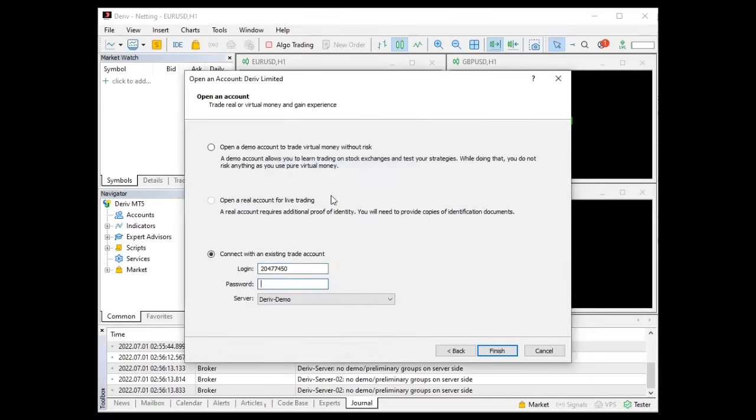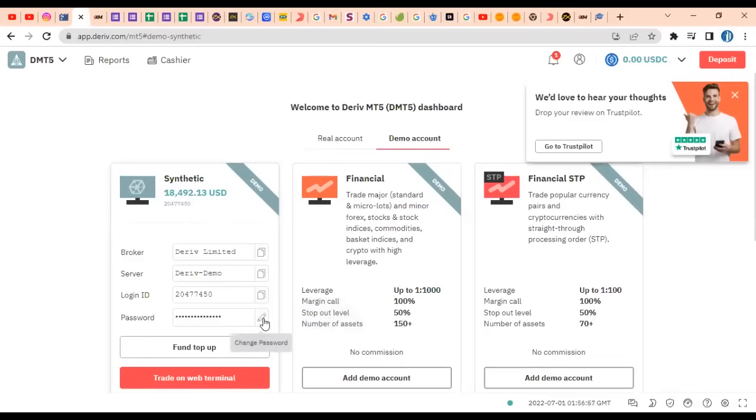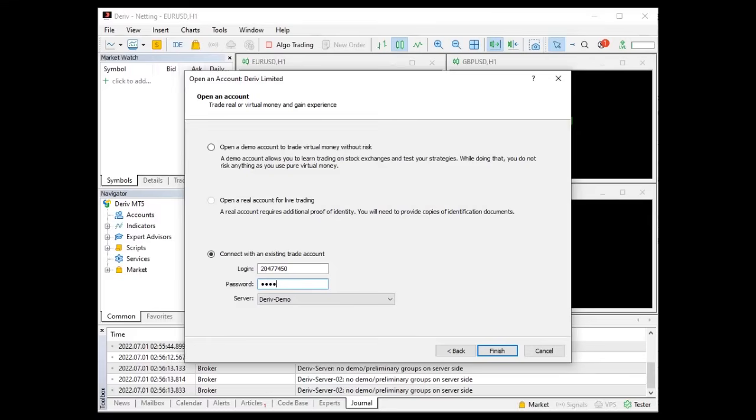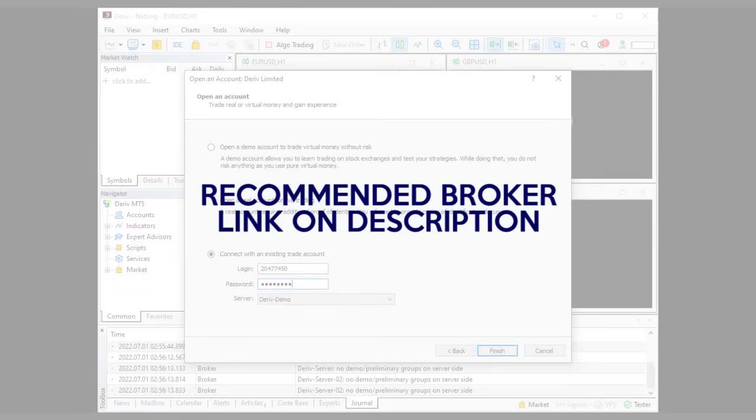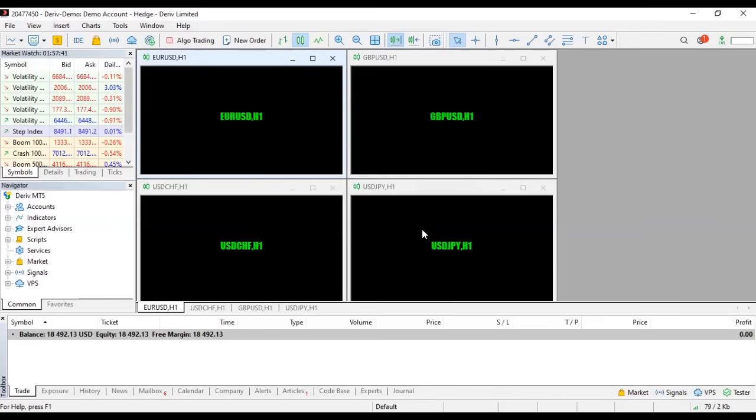And also the password, I'll go back to the Deriv dashboard, and then I'm going to copy the password, right? I can actually copy the password that I got here. Okay, if the password is not copyable, I'm just going to go back there and I'm going to type it. All right, now you can see that I have logged into the demo account, and you can see the balances